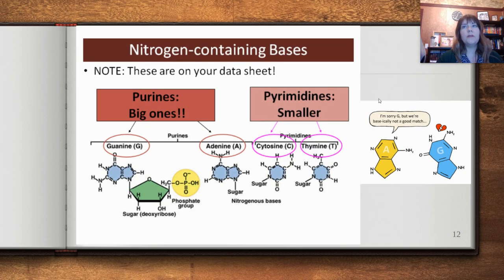So what does this mean for us? Well, this means we need to understand some key parts, which is the pyrimidines and the purines, okay? Now, had we been taking a diploma in this class, I would have said, don't worry, these are on your data sheet. You don't really need to worry about that, but you do need to know these names. So what we have here are the big ones with the smaller name. Don't you love how that works? Okay, so the big ones are,